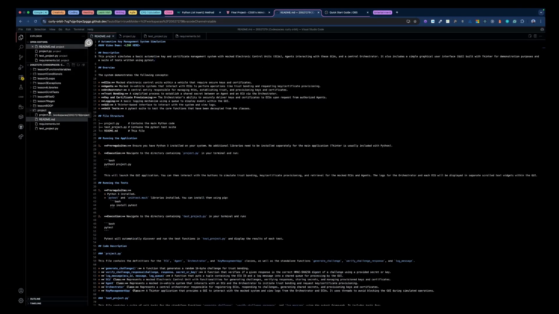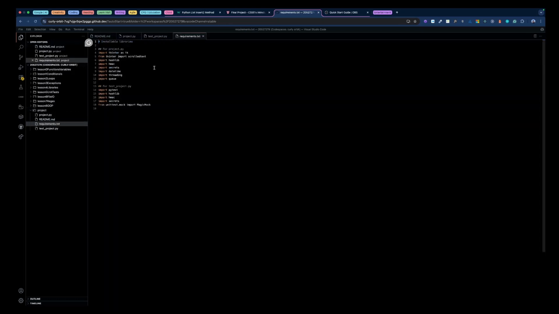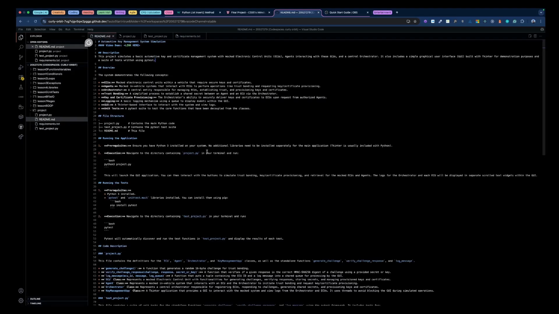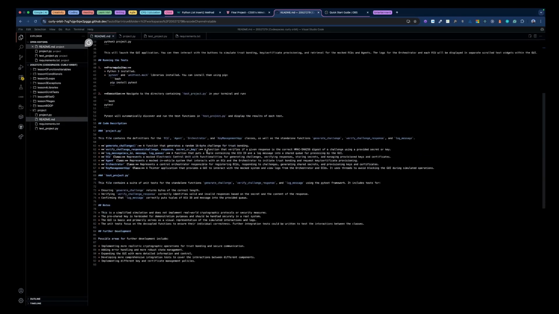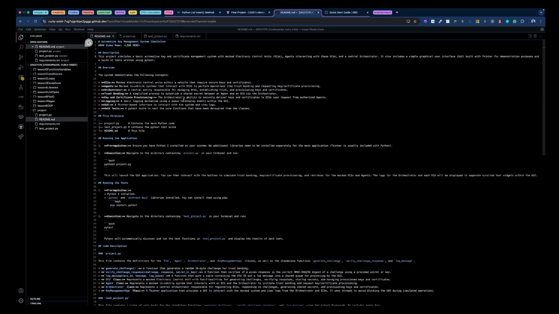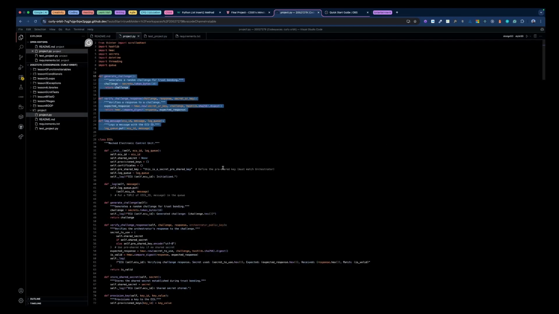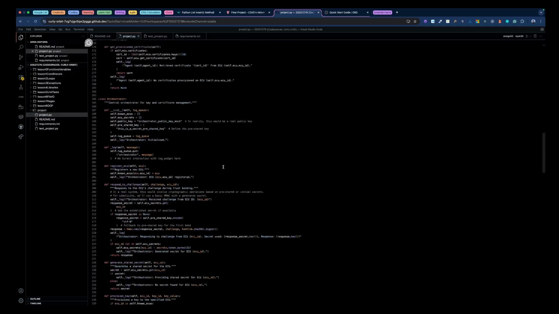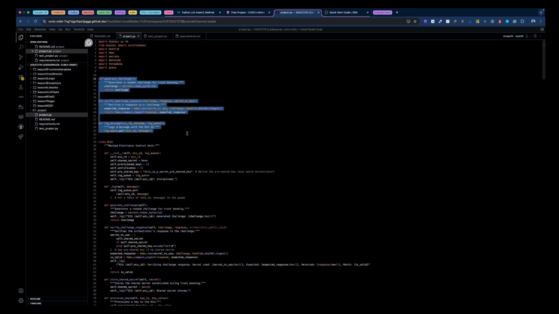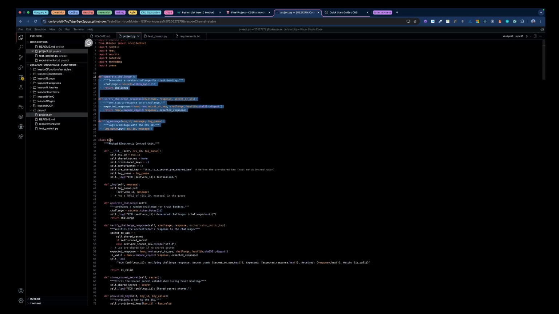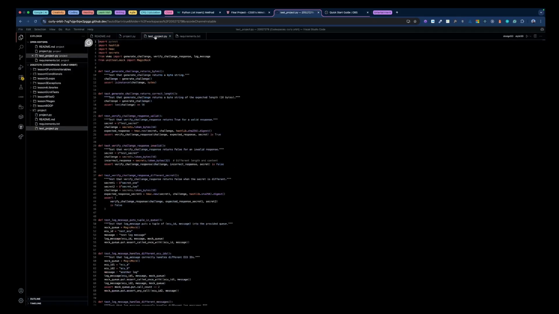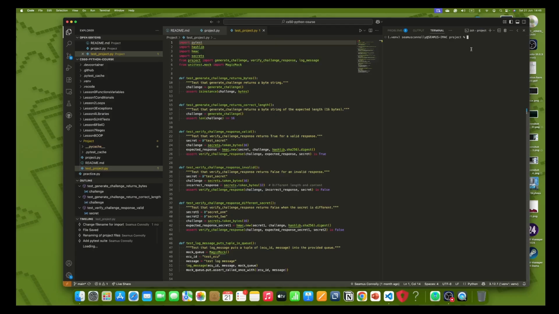In the project folder, I have 4 separate files. There's a requirements.txt, which lists the installable libraries for this project, the readme MD markdown file that explains the project and how to run the project, project.py that contains the code for this particular project, and for the 3 functions that are outside of the required ECUs for this project, we have a test suite. The command to run the code and the simulator is Python 3